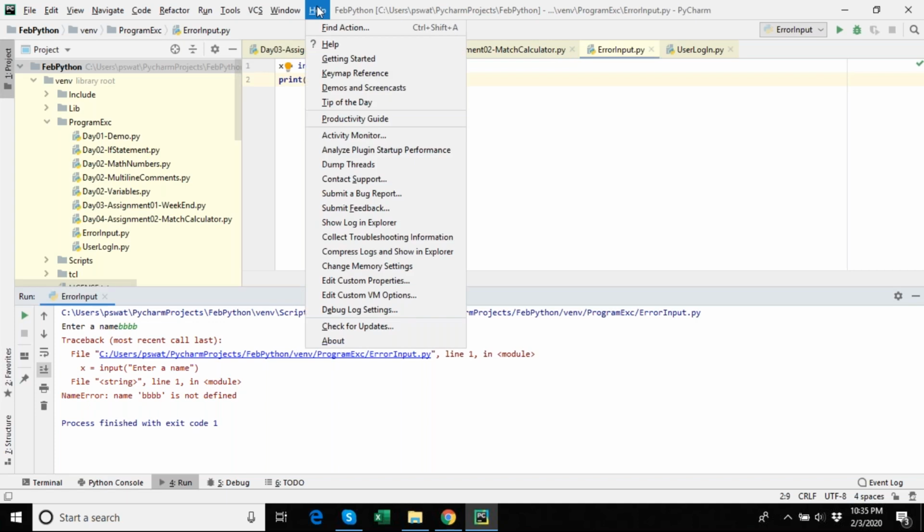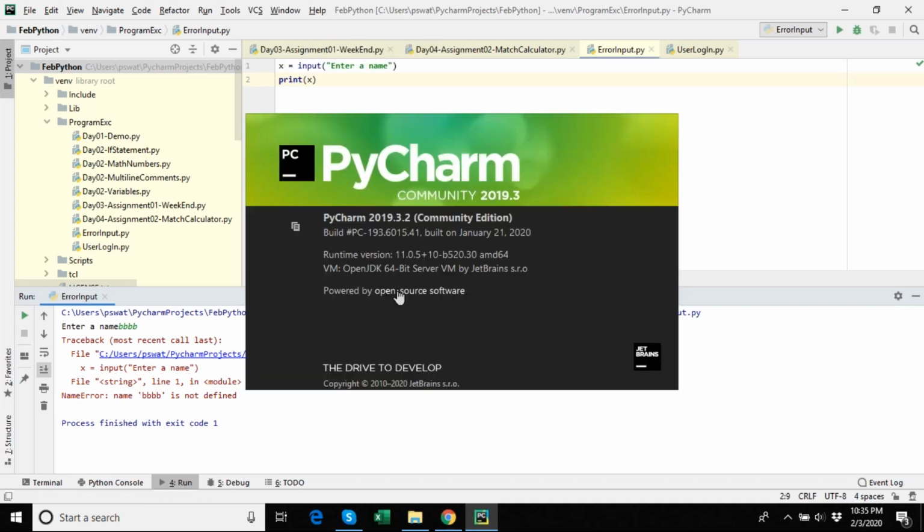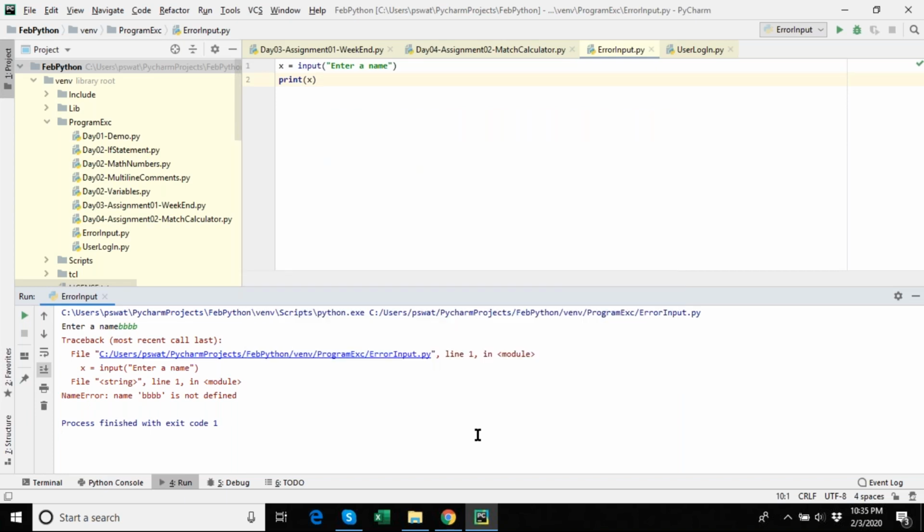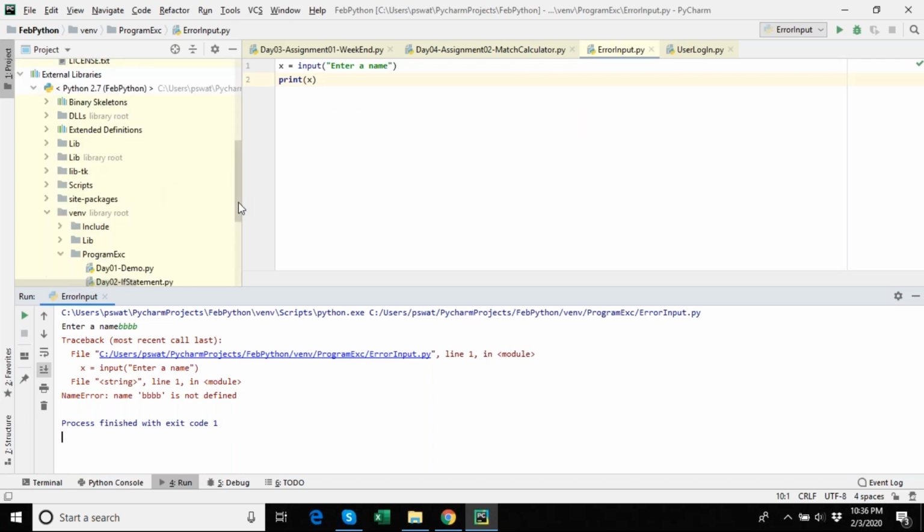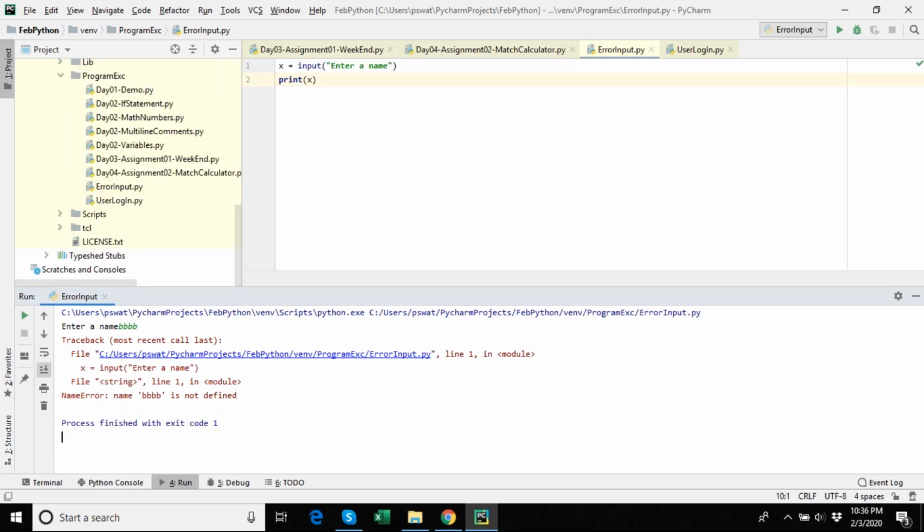Let's see. No, but I need to see the Python version also. Let me see if I can research a little and find out. Anything else that is failing? Other than the input ones, everything else is passing.